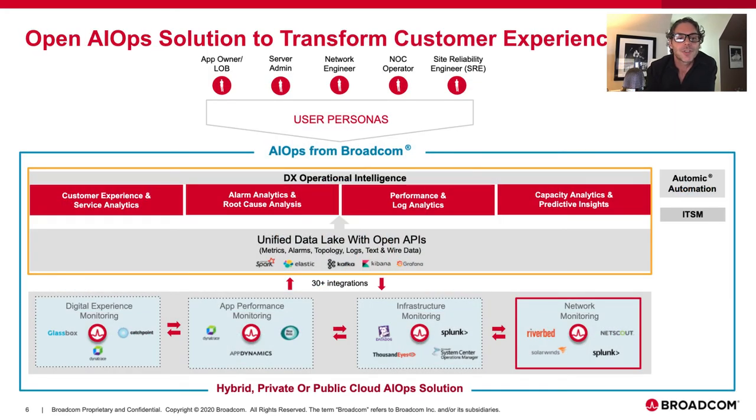So introducing, if you haven't seen this already in some of the other sessions, Broadcom's network monitoring solution, DX NetOps, is a part of a family of monitoring and AIOps solutions at Broadcom. So we do send normalized, correlated, clean data into our AIOps engine, along with infrastructure monitoring data, application performance monitoring data, digital experience, user experience monitoring data, all into our open AIOps data lake